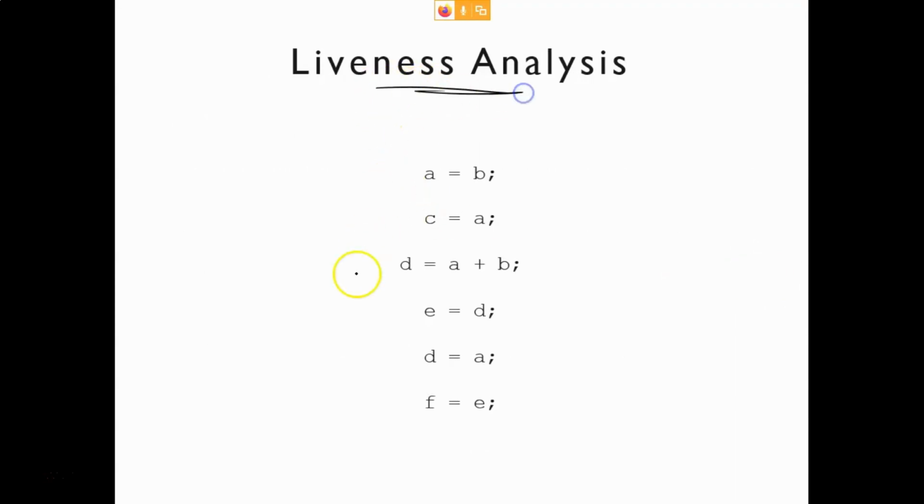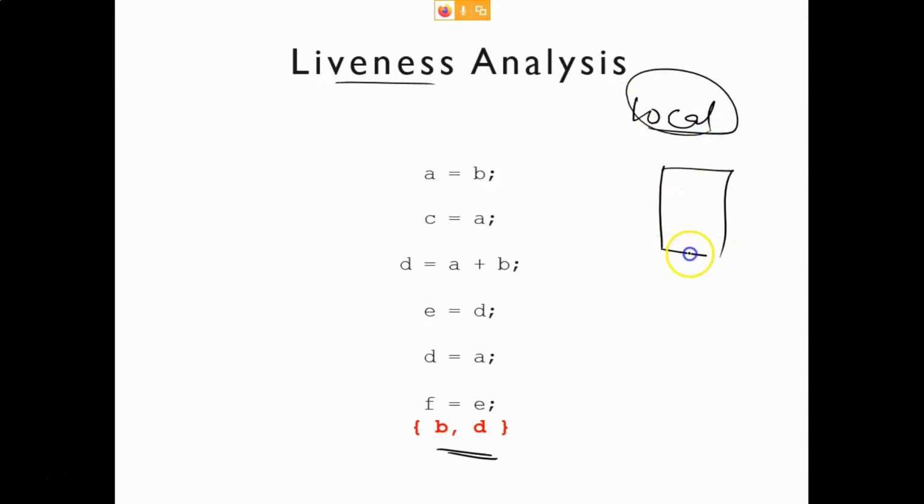So let's take an example, and with this example it will be clear. Let's assume that initially B comma D is given to you in the question. In liveness analysis, initially some set of variables will be given to you that we assume are live. Now you might be thinking where these B and D are coming from. Let me tell you, right now we are doing local optimization, and when we are doing local optimization, we are only looking at the basic block.